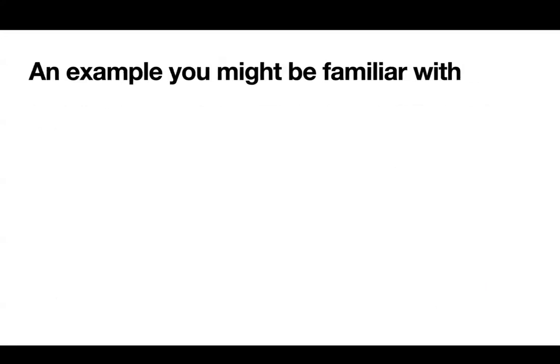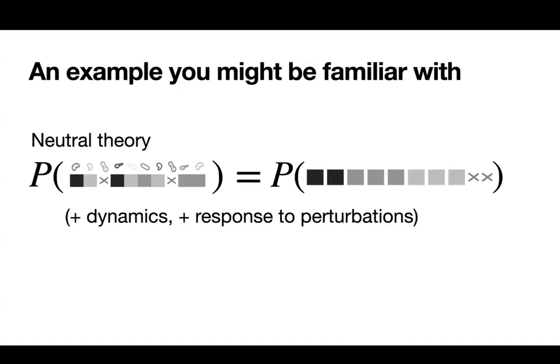So one example, if you have played with ecological theory, about an expectation that we could have about this probability distribution is neutral theory. If you're familiar with neutral theory, basically the idea behind neutral theory is that the probability distribution of this vector is independent of the identity of species. And so I could reshuffle this vector as I want, and the probability distribution is independent of the identity. Just for those of you who are familiar with neutral theory, this is one of the main results, or assumptions, of neutral theory. If you're not familiar with that, that's not